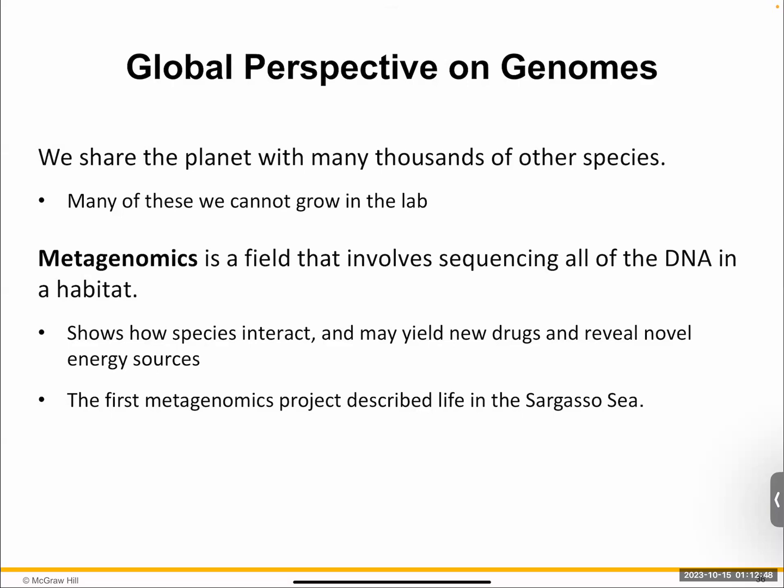So we have this science, which I think is also very, very cool, called metagenomics. Think about meta as this really, really big, large field. This involves sequencing of DNA in a habitat. So think about an environment. You have maybe hundreds, maybe thousands of species in that. Metagenomics literally goes into that habitat, goes into that environment, and takes the genomic sequence of every animal, from bacteria to fishes to birds to larger vertebrates, snails, etc.